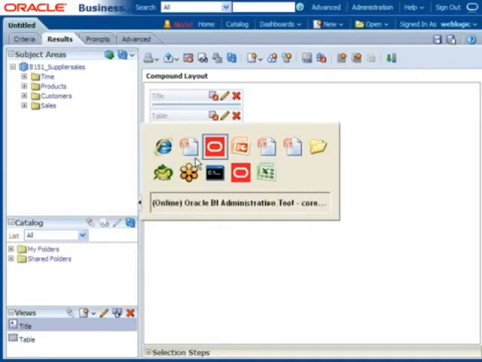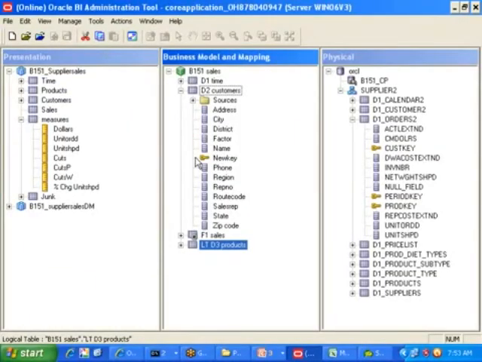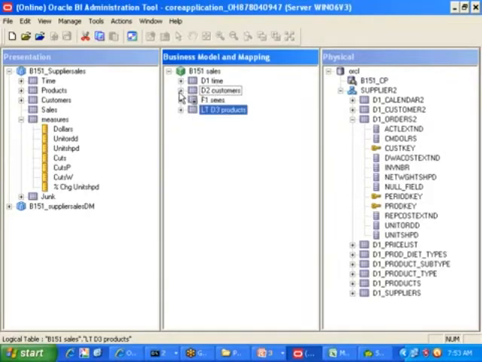Yes, I am going to the backend, my RPD, and I am trying to create one hierarchy. First I will start with the easiest one, which is time. I know my requirement also. My requirement is, I want 4 levels: year level, quarter level, month level, and day level. That is my requirement.